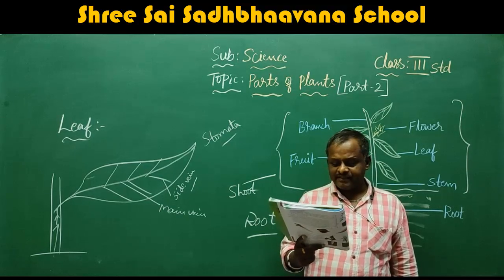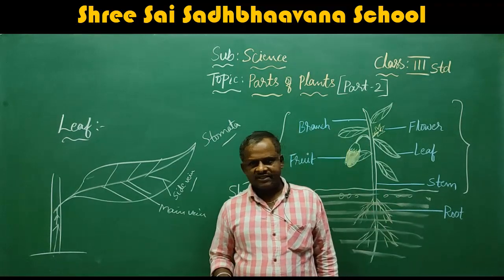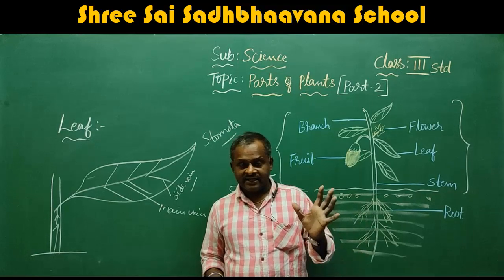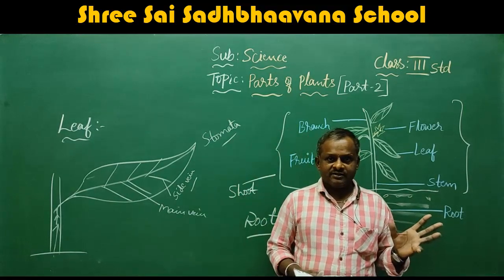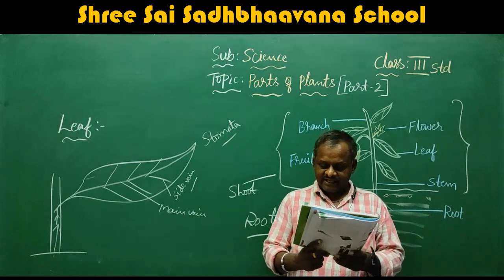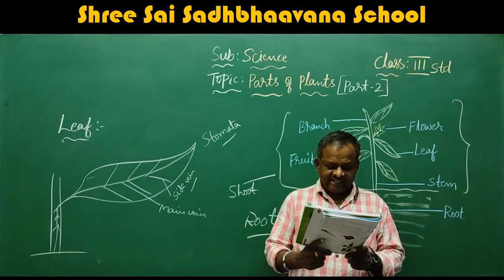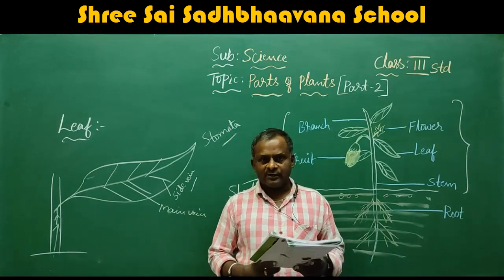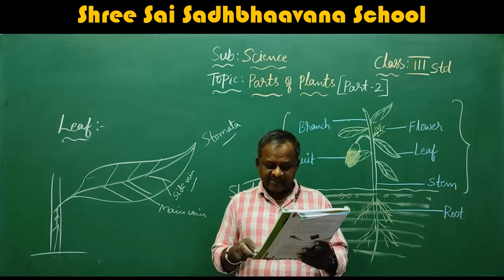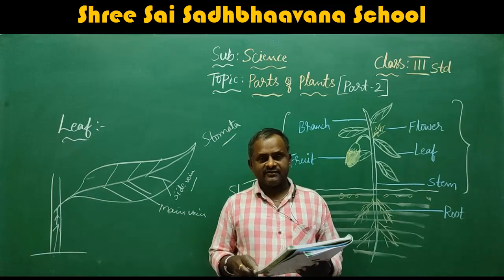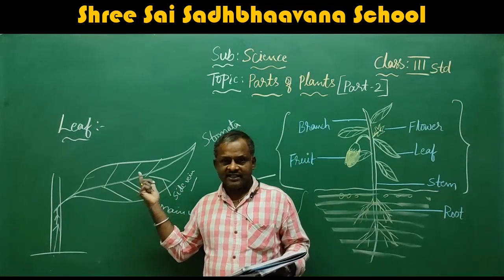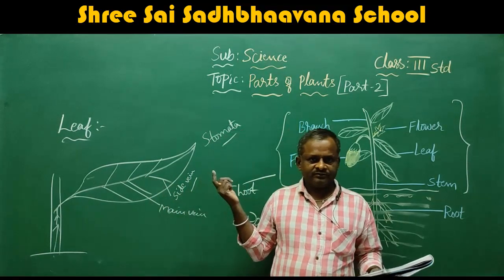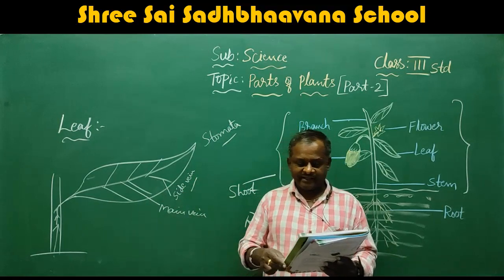Do you know that the leaf is an important part of the plant? Yes, the leaf is a very, very important part of the plant, because in the leaf only the photosynthesis process takes place. A plant, like all other living things, needs food to survive. That means plants also need food to grow or to live. A green leaf makes food for the plant. Therefore, the leaf is called the kitchen of the plant or the food factory of the plant.